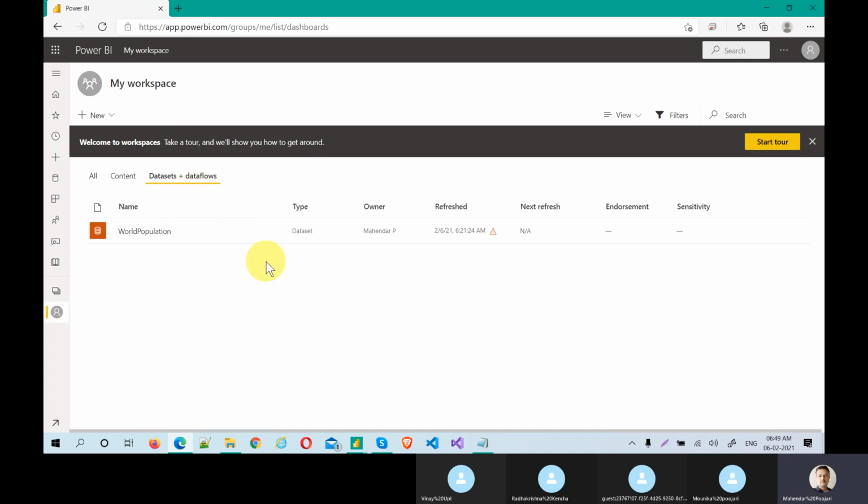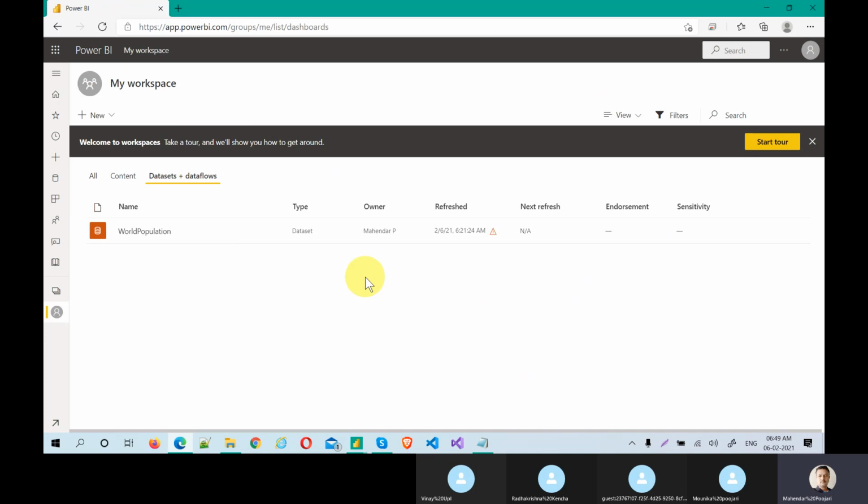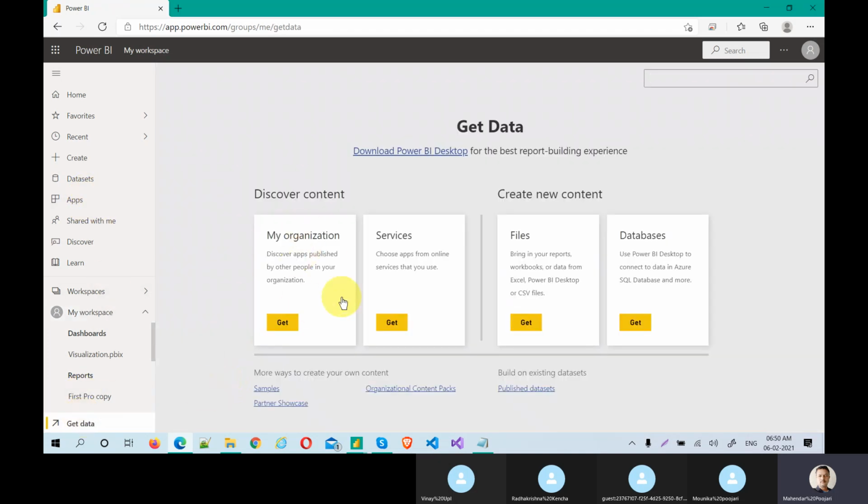Any questions so far? We'll talk about the apps. If you expand this, we'll talk about this apps part. If you go to get data, there's an option for my organization, services, files, databases, and you can also download Power BI Desktop from here.